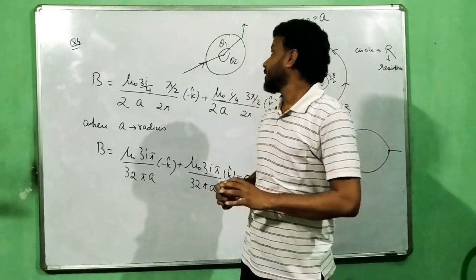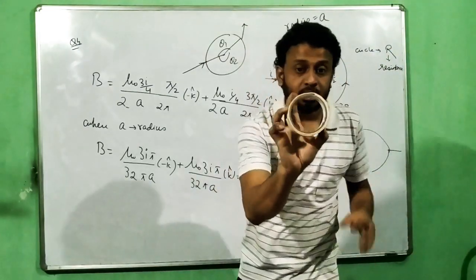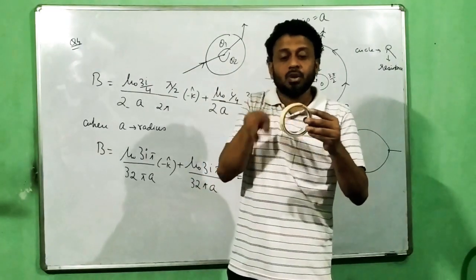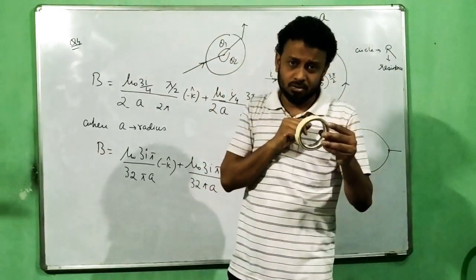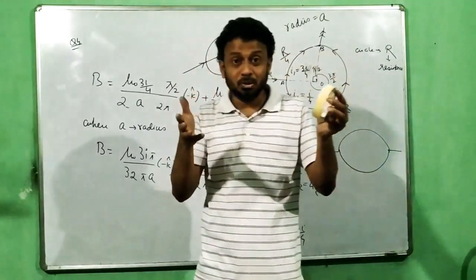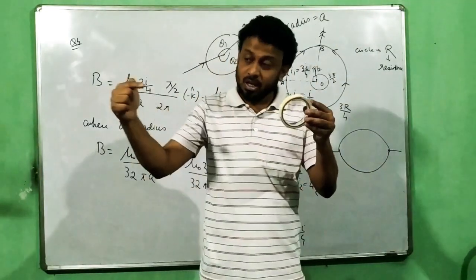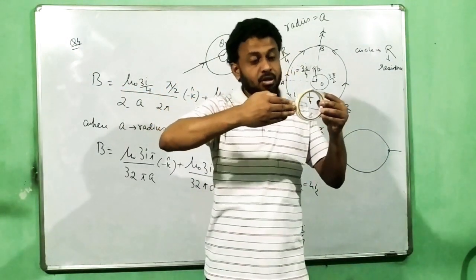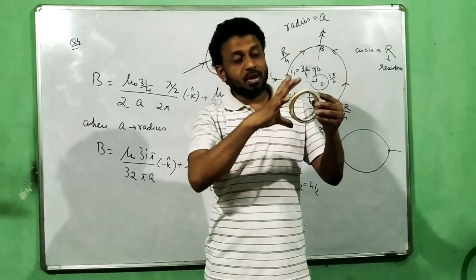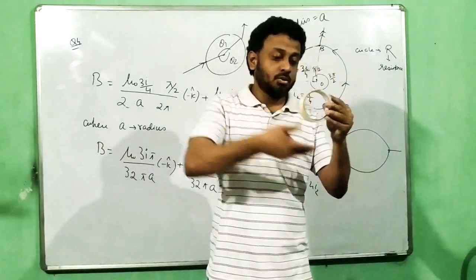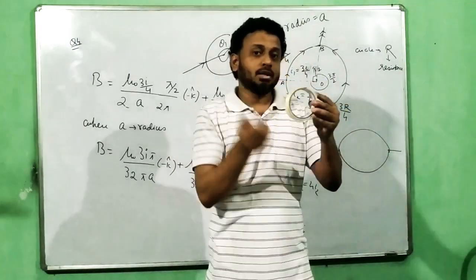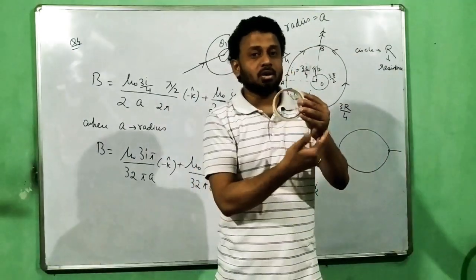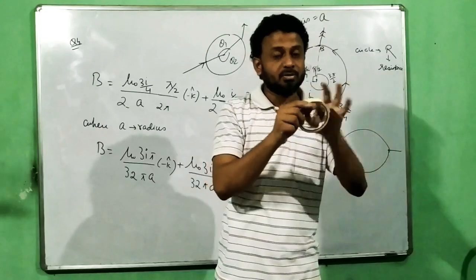But if it is only an isolated loop, if the current is in the loop only, having only one direction, the field is not 0. Make this clear. The concept is to be clear. When the current comes from outside and enters, I got a loop, so I divide it, one goes up, one goes here, and there subtraction starts. One goes up clockwise, the other goes down anti-clockwise, and that is the reason why the net field becomes 0